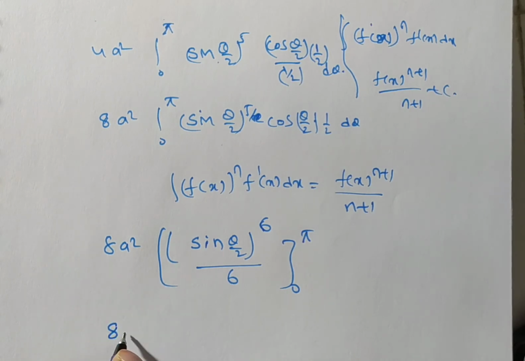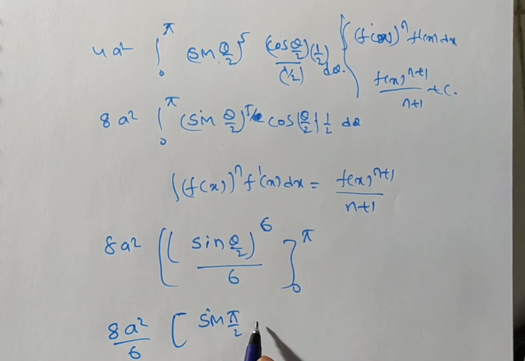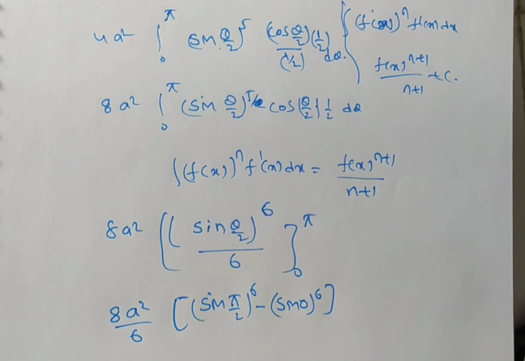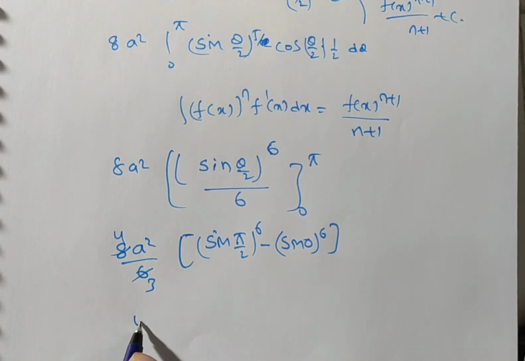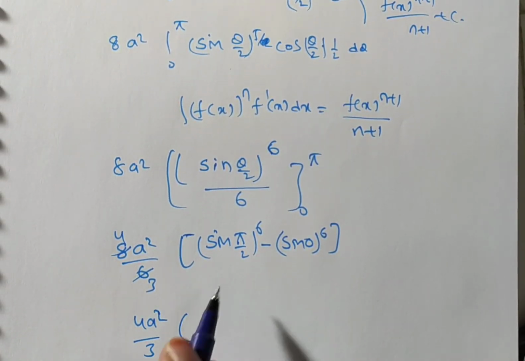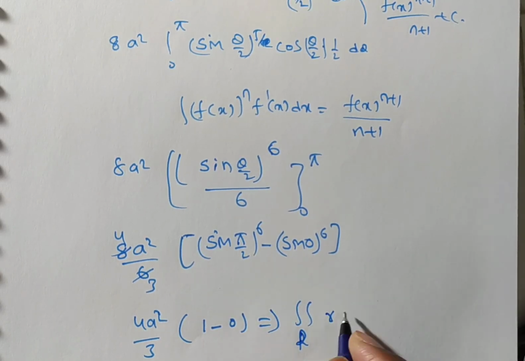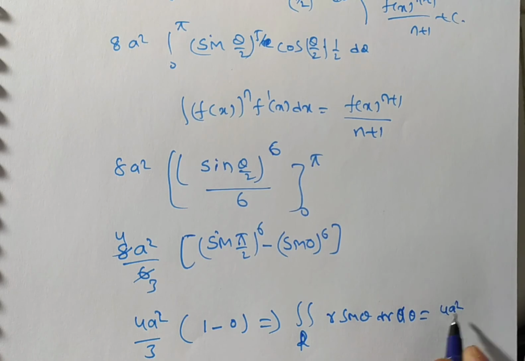Now in this case you will have 8a square by 6, 6 is outside. If you put theta equal to pi, then you will have sin pi by 2 whole to the power of 6 minus sin 0 to the power of 6. Okay, 8a square means here 2 4s are 8, 2 3s are 6, so this is 4a square by 3 times sin 90, which is 1, 1 to the power 6 is 1, minus sin 0 which is 0. Therefore this value, that is the double integral over r into sin theta into dr into d theta, is 4a square by 3 in the